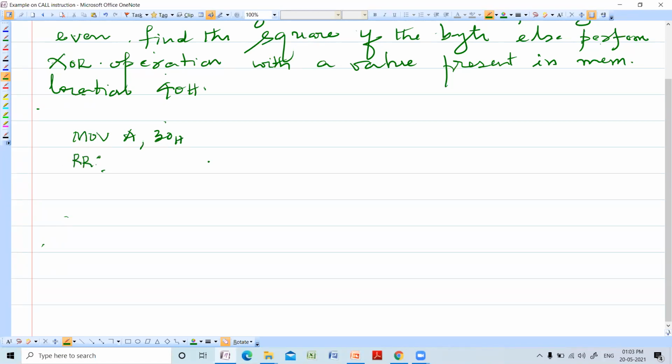You can just do RRC A. Jump if carry means it is odd. Otherwise, it is even. So you are calling subroutine 1, and you can stop: SJMP stop.